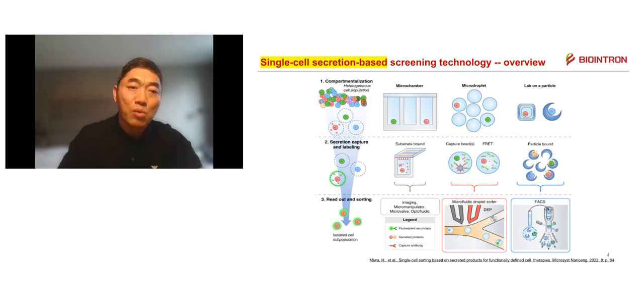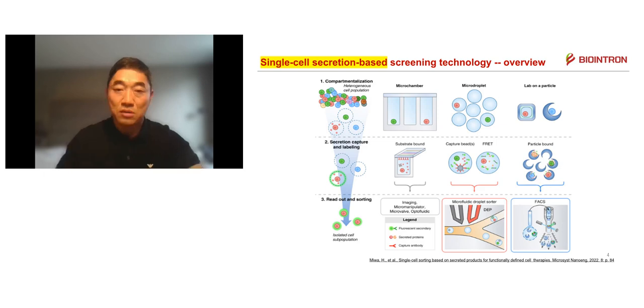First is B cell compartmentalization, which means you have to put each single B cell in a very limited room, followed by B cell culture for maybe a few hours for the antibody to be produced and released into this small room, and finally scanning and reading the signal and sorting the target B cells, and you will get those target B cells,